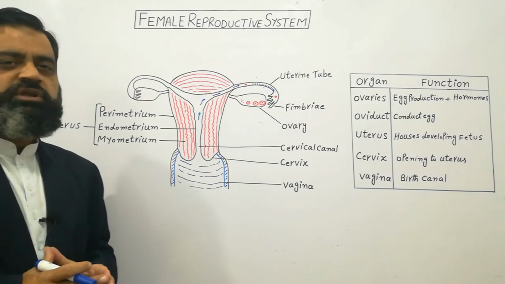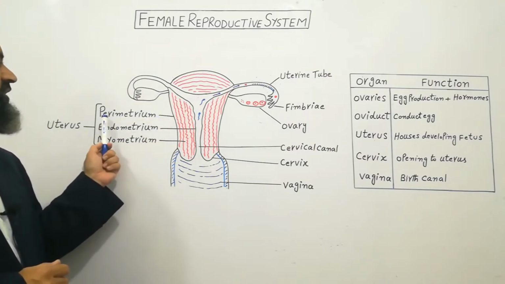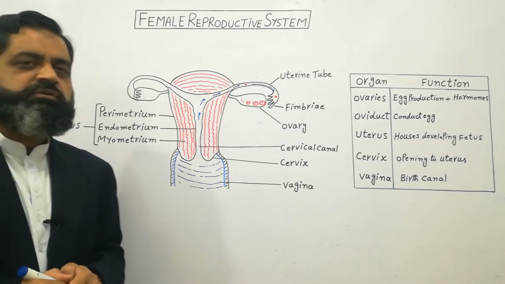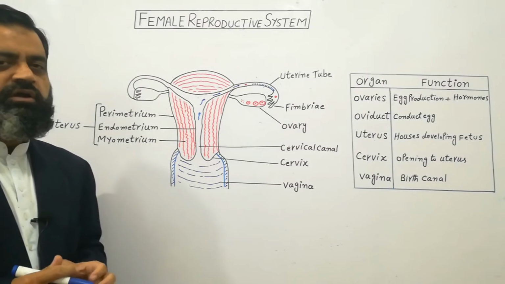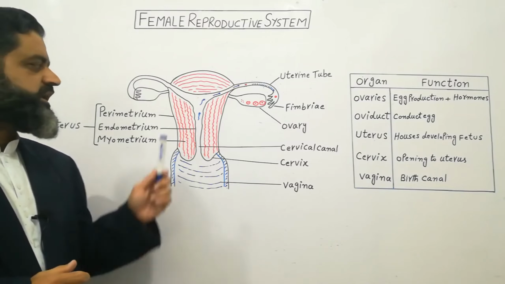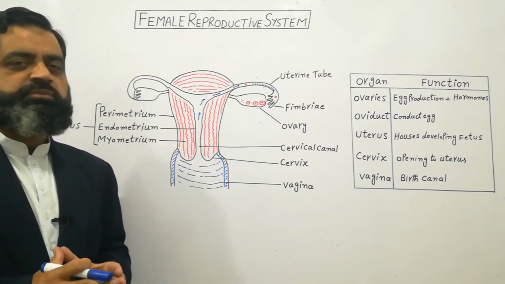The uterus is made up of three walls. The outermost layer or wall of the uterus is known as the perimetrium. Perimetrium is made up of connective tissue and also protects the inner wall of the uterus. It also has some flaps of tissue which are attached to the abdominal cavity, which help to support the body